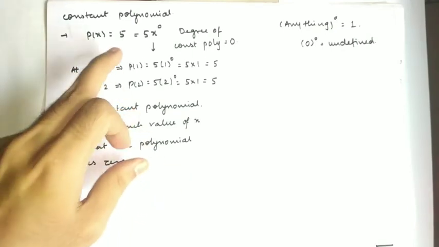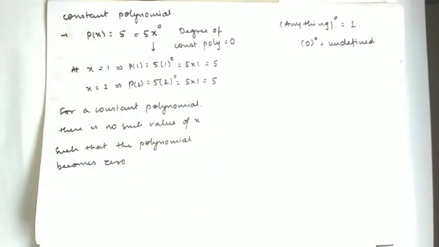Now you can take any example, instead of 5 you can take 2, 3, 7, 10, minus 1, minus 10, minus 7. Whichever constant polynomial you take, you will never get a value of x which makes the given polynomial 0. Means there is no value of x that gives the answer 0 for this polynomial. Are you getting me? Correct. It's very simple to understand. I hope you have understood this well.